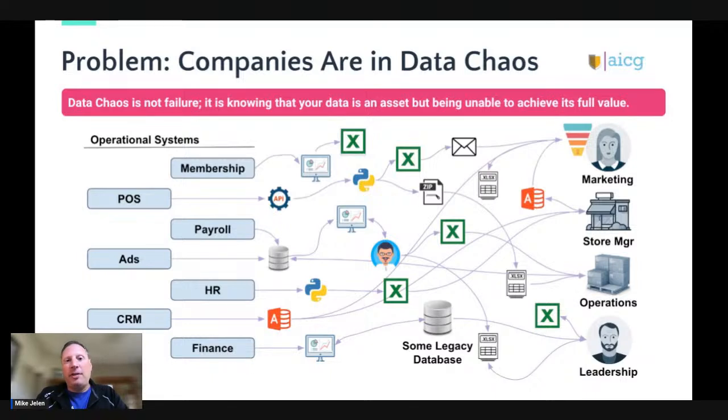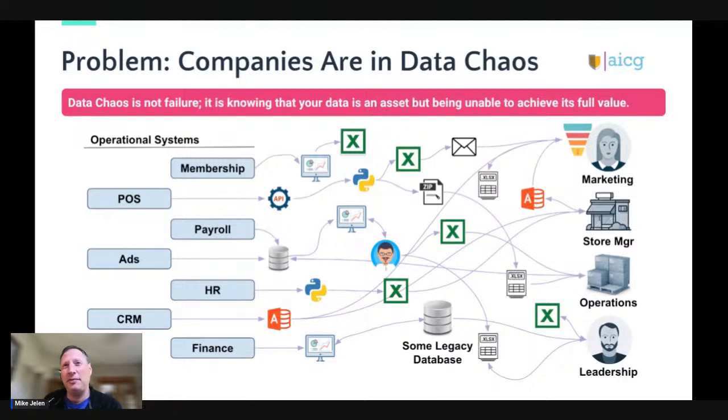Well, you think from an operational perspective, including memberships, that could be a different system. You have ads, your ad buying, social media. Some of those are naturally aggregated together, some are not. They're very separate. They don't always talk to each other. You think of all the different employees on the payroll system in HR, in finance, lots of different systems, but